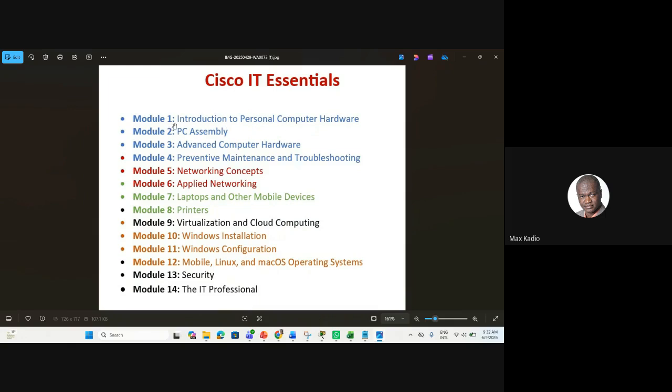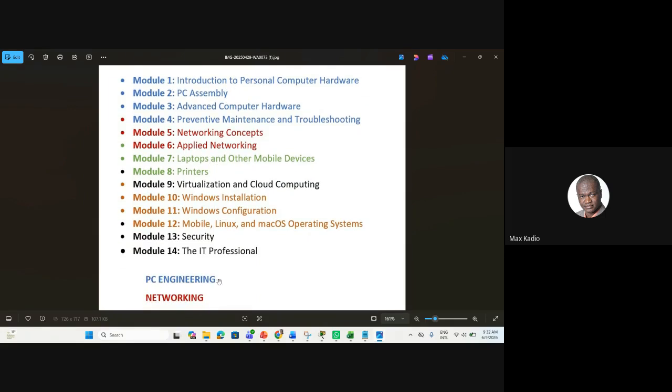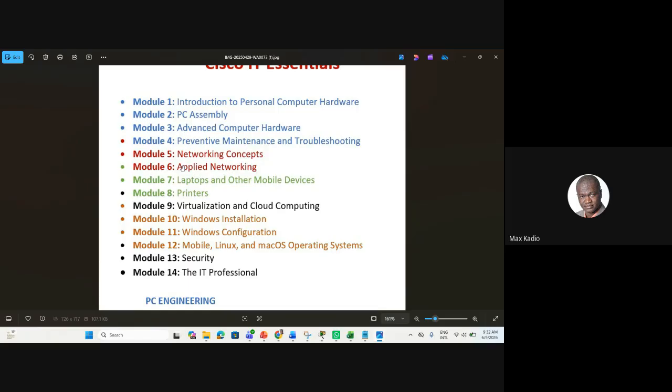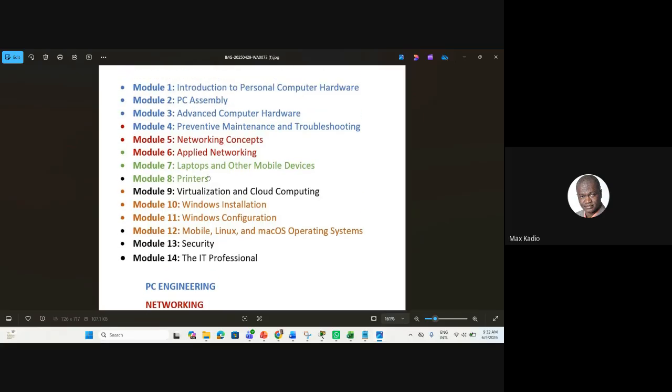So we started with chapters 1, 2, 3, 4. It was about PC engineering. Know your device components, your PC components. Then chapters 5, 6 are about networking. Know a bit of networking like IP addresses, MAC addresses, and all this stuff.